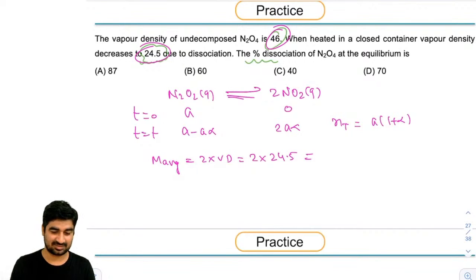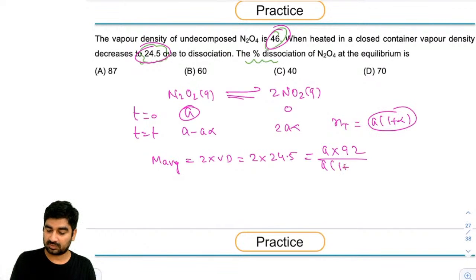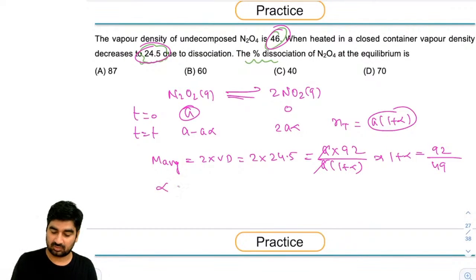So here, initially A moles of it were present, A into 92. Now A into 1 plus alpha. A will get cancelled out and 1 plus alpha you will be getting 92 over 49. So alpha will be,